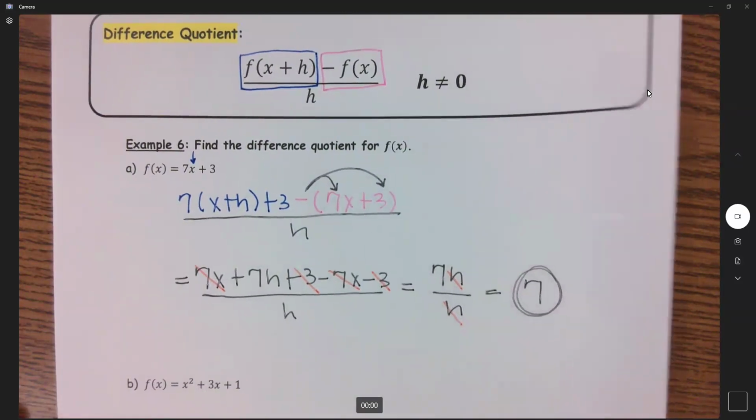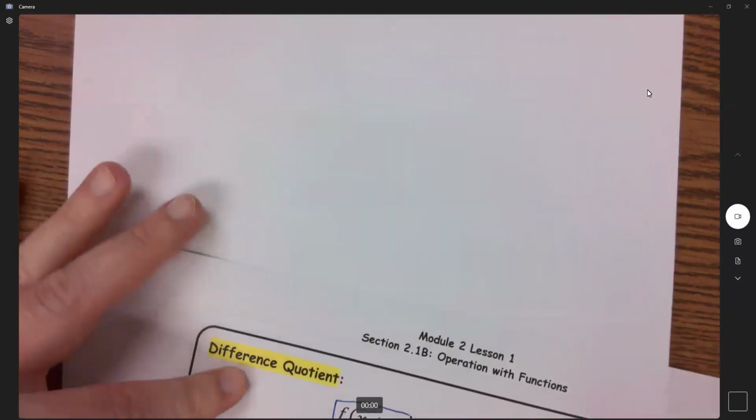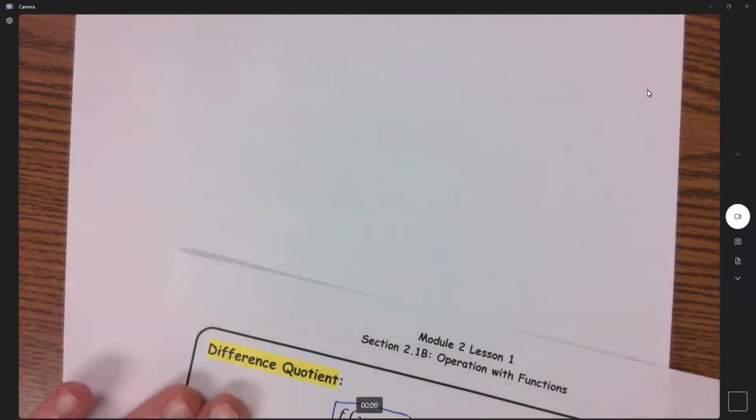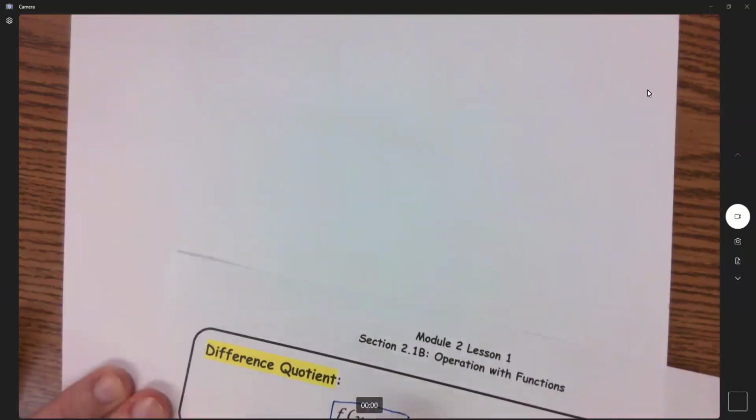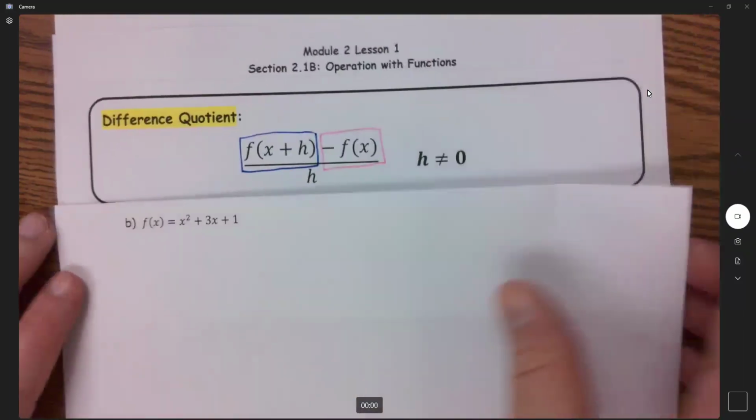Okay, let's try this formula again. And I should have done this before I started the video, but here we are. Okay, so let's try